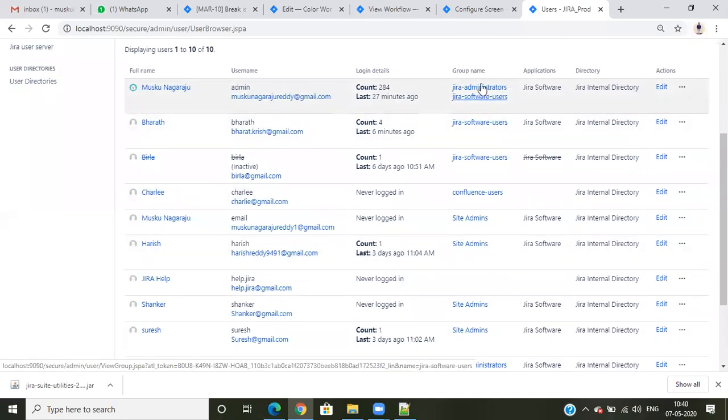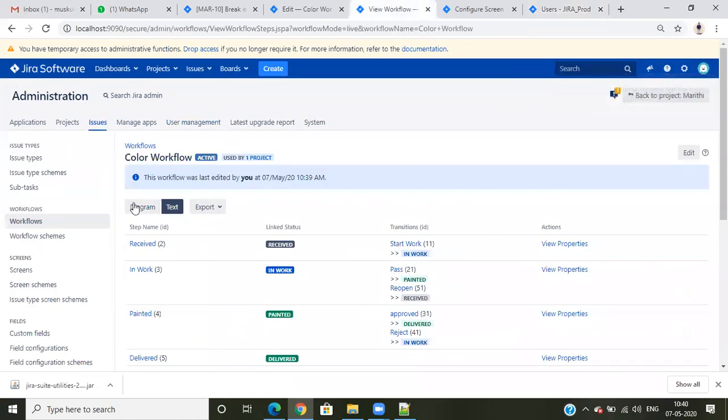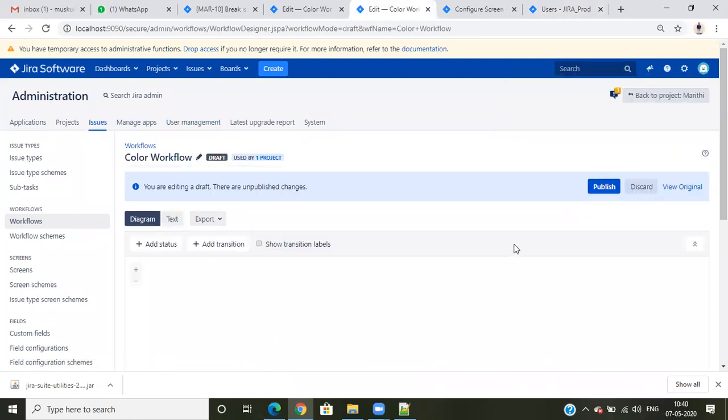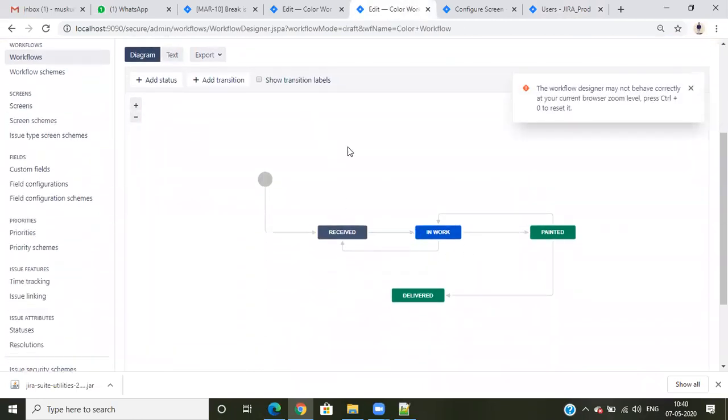Only these two people can execute the transition now. So only these people can execute the transition, which means the remaining people cannot see the transition to execute until the condition is satisfied.